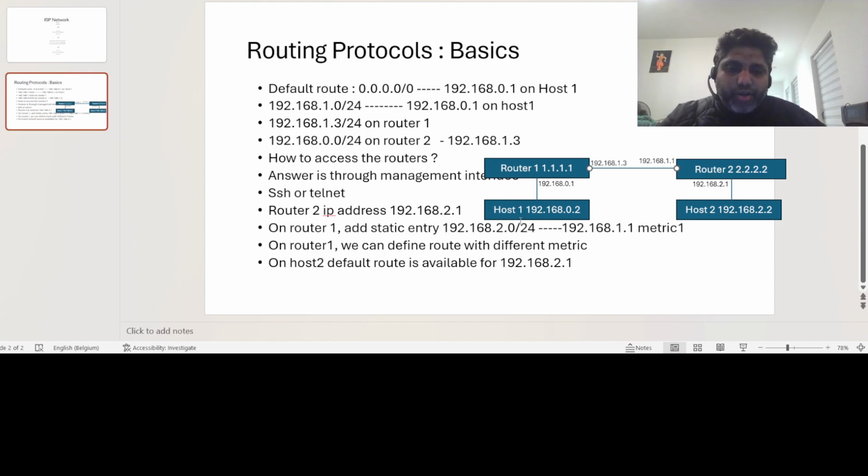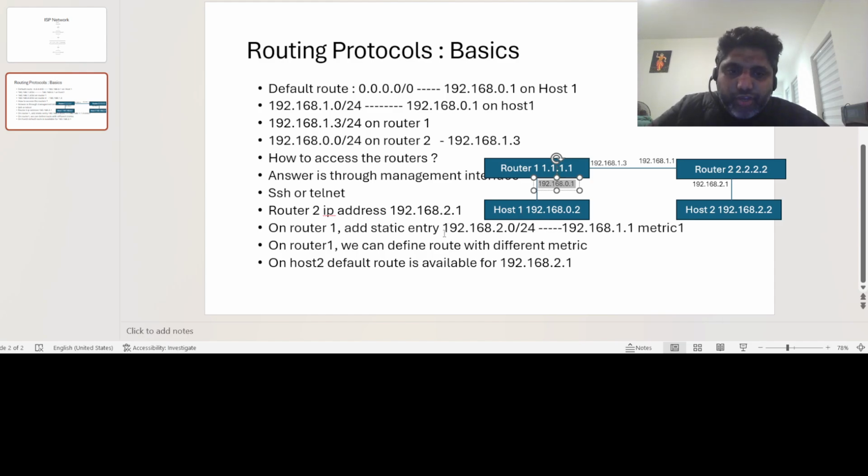Now let's send a ping packet from 192.168.0.2 to 192.168.2.2. Here an ICMP echo request will be sent. So the first gateway next hop will be 192.168.0.1, for which ARP resolution will be done, and host 1 will have the MAC address of 0.1, and you'll put it in the destination MAC and send that packet from 192.168.0.2 to 192.168.2.2 to router 1. Router 1 receives the packet and he says the destination is 192.168.2.2,